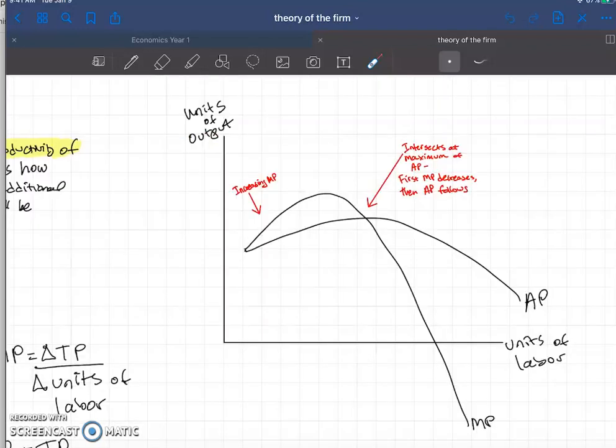So some final notes on our average product and marginal product curve specifically. We want to make sure that we understand that at first, we have this increasing marginal product. Our average product is also increasing. In fact, our average product will always be increasing as long as the marginal product is increasing. Where we see these two curves intersect is at the maximum of the average product curve. Essentially, as soon as marginal product begins to fall, average product will trail that fall in the marginal product. This makes sense in that if the next worker results in fewer pizzas, he's going to bring down the average